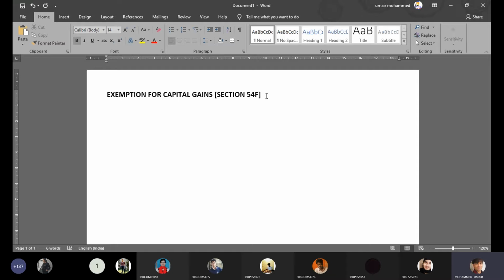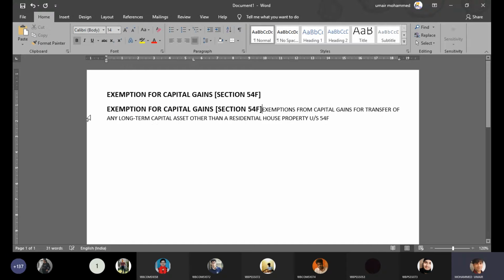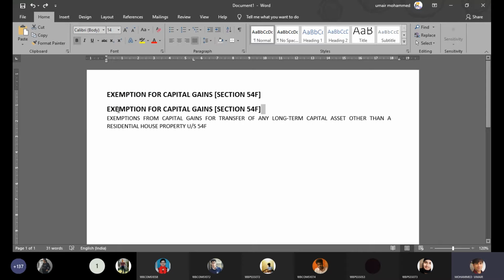In section 54D, it is an industrial undertaking or a land and building used for industrial purpose. In section 54F, it is any long-term capital asset. So in section 54F, what needs to be transferred? The answer is in section 54F also